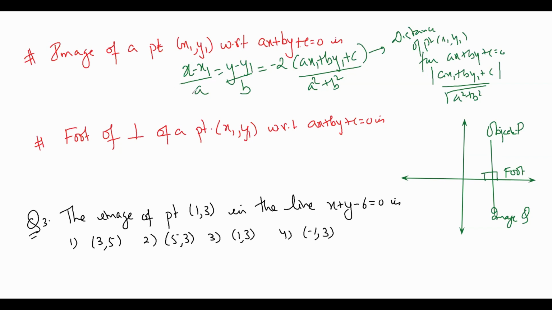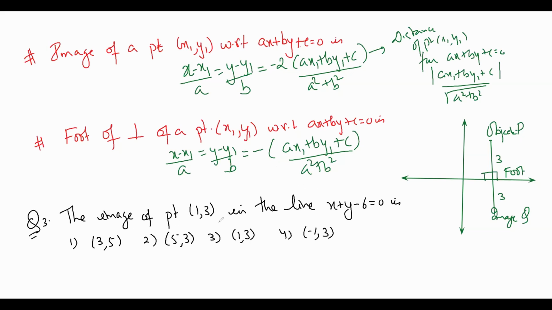In case of foot, if you have to find the coordinates of foot, then you apply (x minus x1) upon a, (y minus y1) upon b, because if I move a distance of, suppose, 3 units, then I get the foot. But if I move at a distance of 6 units, that means twice, then I get the image. So just remove this 2 from here and you get the foot of the perpendicular. Same formula, just remove this 2 from the formula of image. Okay, so this is how I get the image of a point with respect to a line.